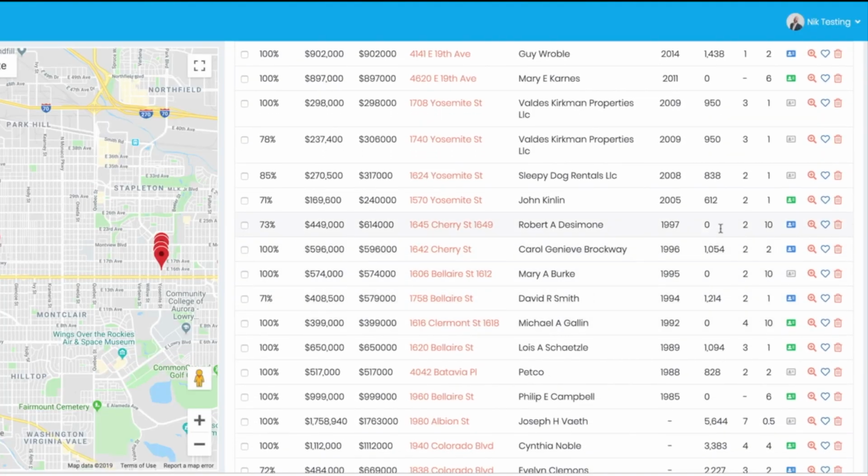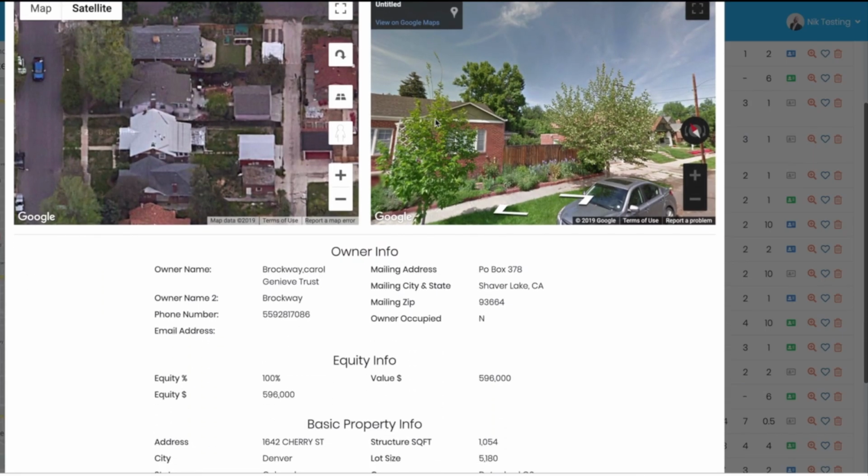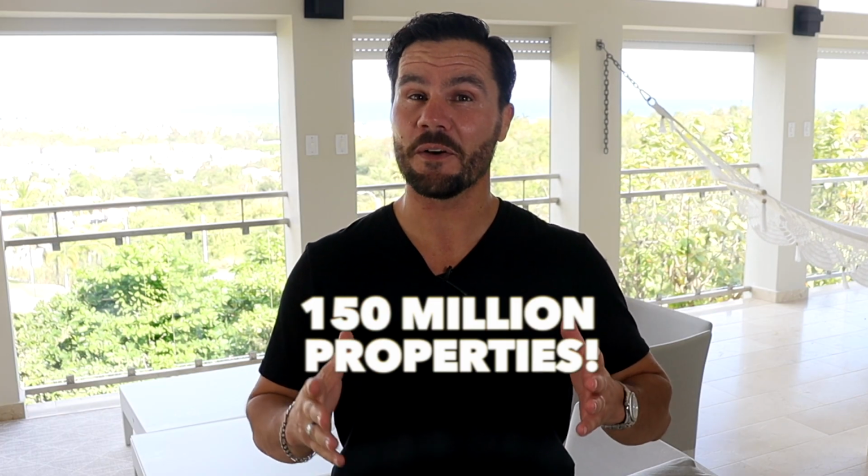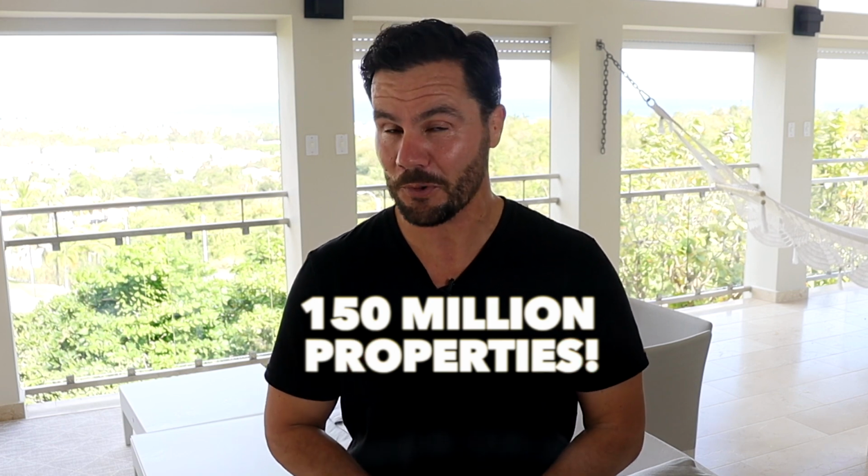In real estate, data is king. And with the newest version of Flipster, we've taken the throne. Inside Flipster, you now have access to over 150 million properties nationwide. Let me repeat that. You get access to a database of over 150 million properties nationwide, including houses on the